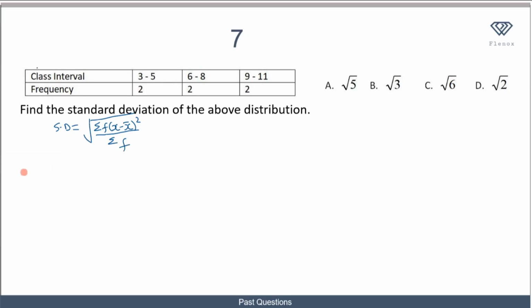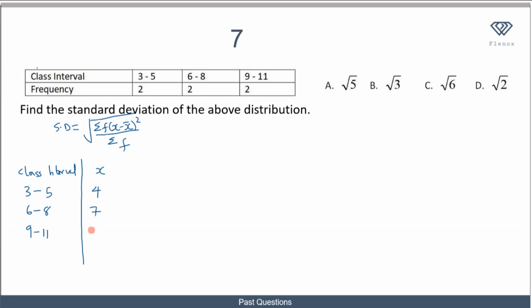So we have our class interval here, and we have just 3 classes, 3 to 5, 6 to 8, and 9 to 11. We can easily find the value of x, which will be our midpoint. And if you recall, the way we calculate our midpoint is by adding the lower class and the upper class and dividing by 2. So 3 plus 5 is 8 divided by 2, I get 4. 5 plus 6 is 14 divided by 2, I get 7, and 9 plus 11 is 20 divided by 2,